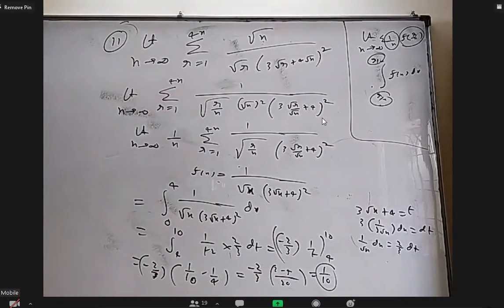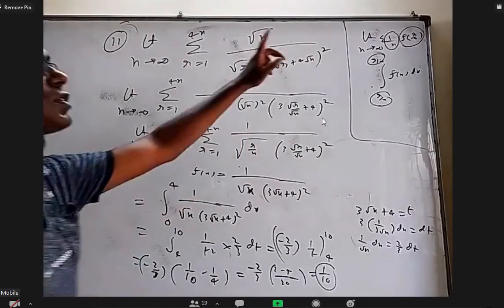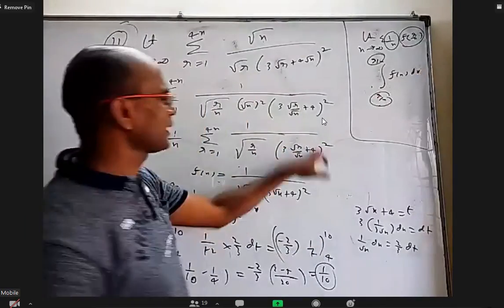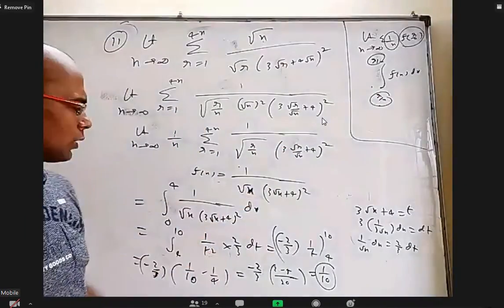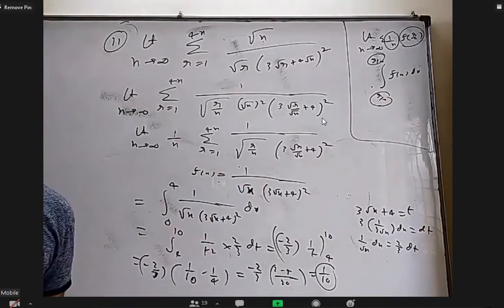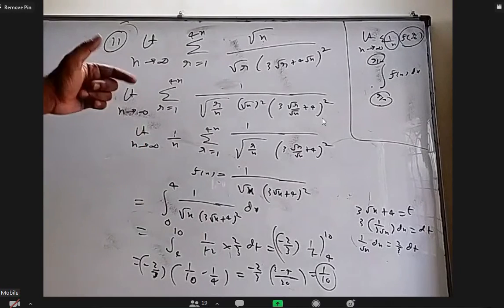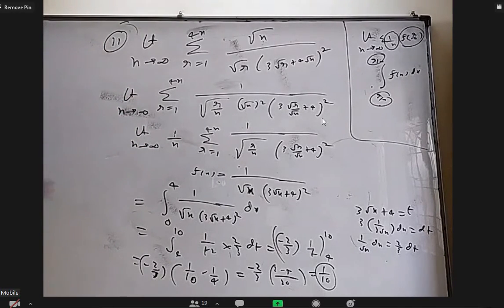So you should know there are a lot of questions on infinite limits which can be converted into integrals. They are all based on this. They should be in the form of 1 by n, f of r by n. You should be able to write this as a function where, if you take r by n as x, you will know what the function is. And the limits we have to know carefully. Usually 0 to 1 will come in many questions, but here it is not 1. R equal to 1 to n gives 0 to 1. Here R equal to 1 to 4n. So that's why it is 0 to 4.